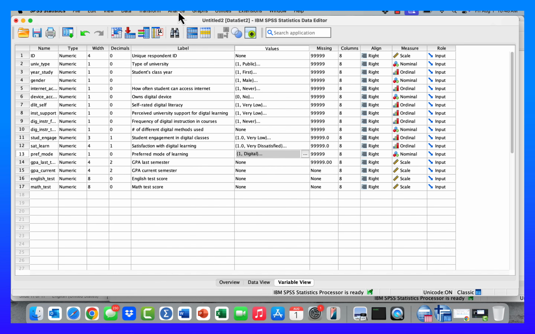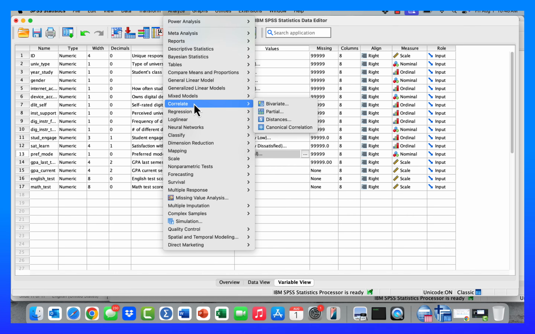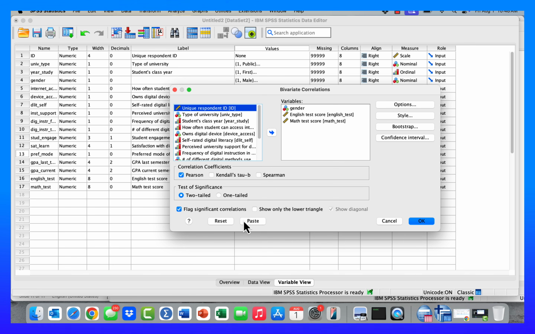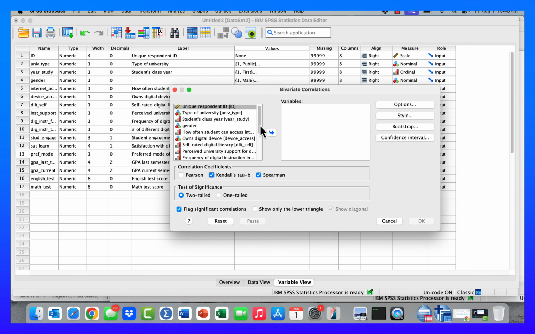Okay, back to this. In terms of how we actually run our correlation, and again, we're doing a bivariate correlation, let's clear this all out. We want to do a Spearman correlation. SPSS will actually run all of the different correlation coefficients at the same time. But my advice is you are the expert, you're the researcher, and you know your data. So you should choose the test that's most appropriate for your analysis. We're going to do a Spearman with students' class year correlated with